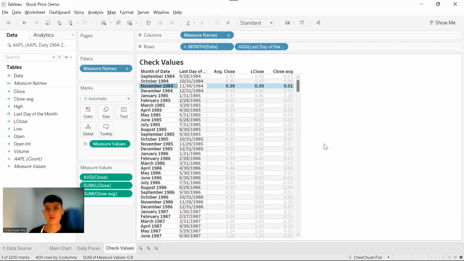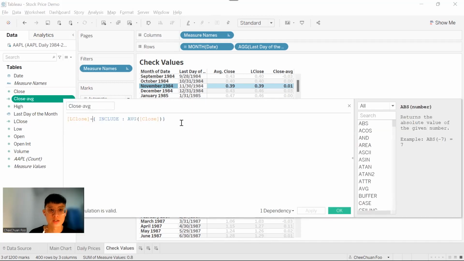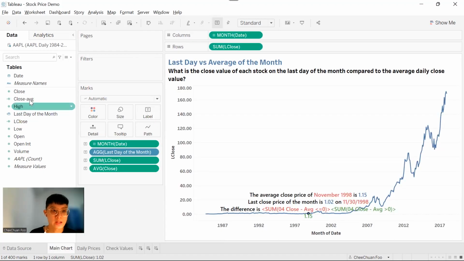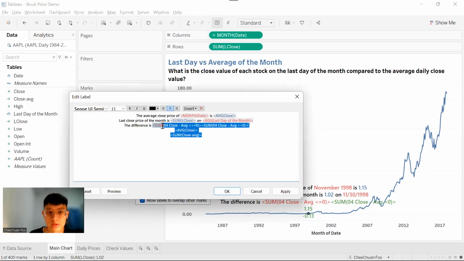This is actually weird because our last close price is 39 cents, average close price is 39 cents as well, but the difference is 1 cent. So the problem here is because the original values of our L close and average close are not in 2 decimal places. So I'm going to edit my calculations. I'm going to change this into 2 decimal places by using round function. Then I want to add this into my label. Let's just delete everything at the back